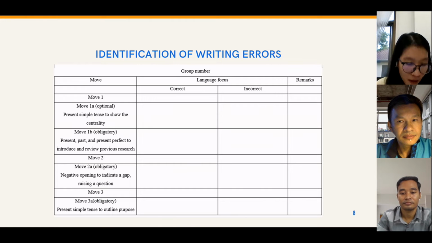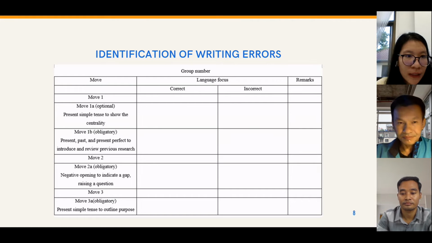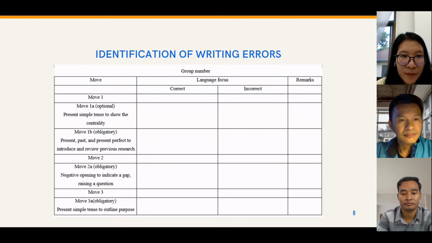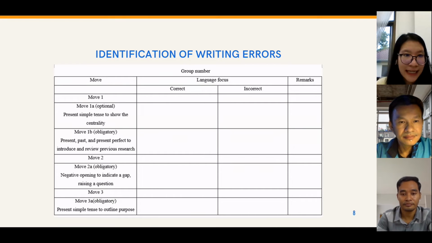proposed by Wells. Move 1A is the present simple tense to show centrality. Move 1B is to use present, past, and present perfect to introduce and review previous research. Move 2A is the language focus on negative openings to indicate a gap or raise a question. And the last one, Move 3A, is the present simple tense to outline the purpose. The terms for